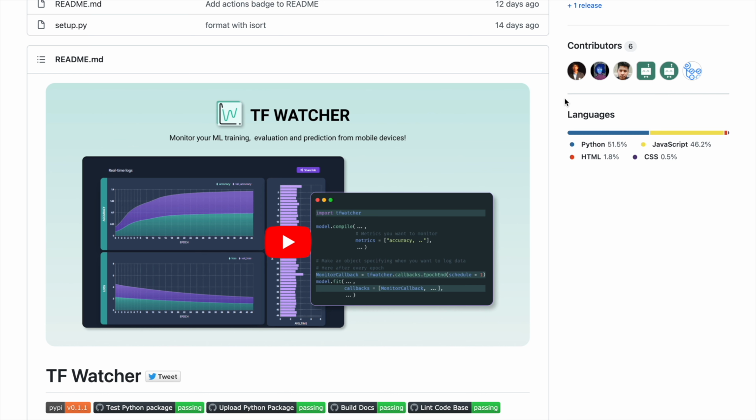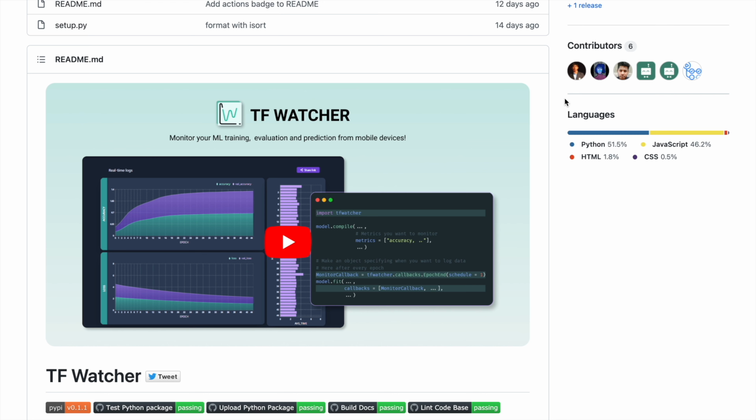Before I go forward and show you the demo of this amazing library, I wanted to share something with you. The entire repository is open sourced, so feel free to contribute to the project, add more functionalities basis your usage. I'll add the link to the repository in the description section of the video. Feel free to check it out.